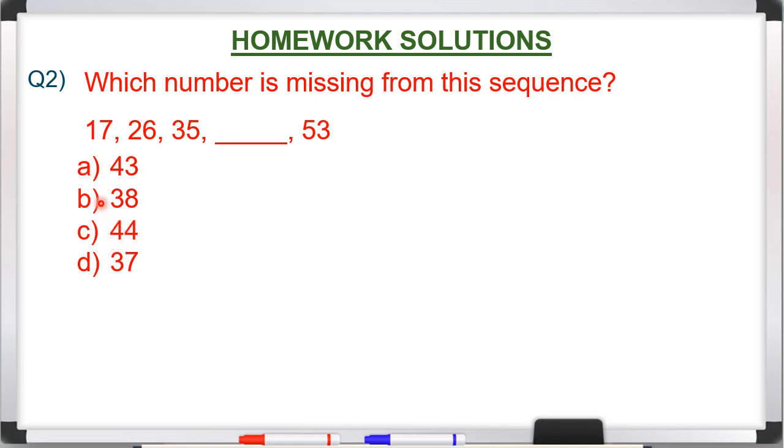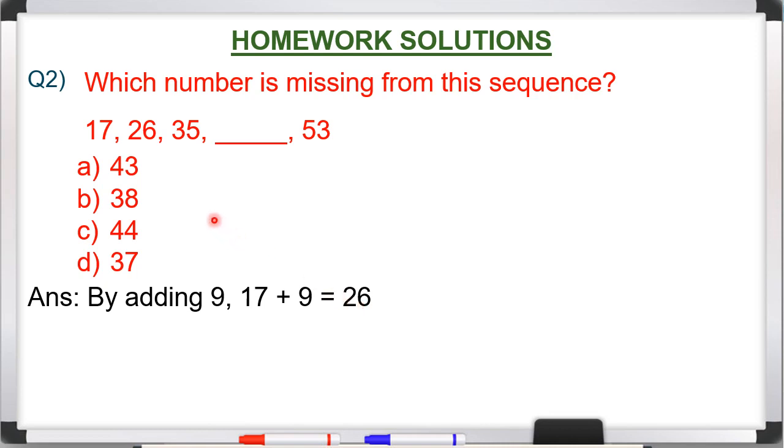Okay, so here beta, first of all you have to find the difference between first 2 given numbers. The difference between first 2 given numbers is 9. 26 minus 17 equal to 9. Now we have found the difference, that is 9. So we will add 9 in this given number 17. See, answer by adding 9. 17 plus 9 equal to 26.